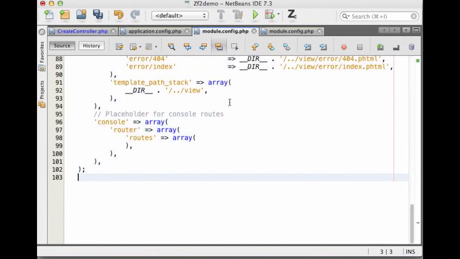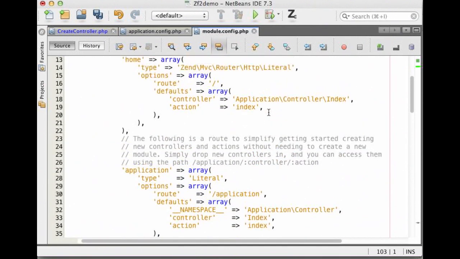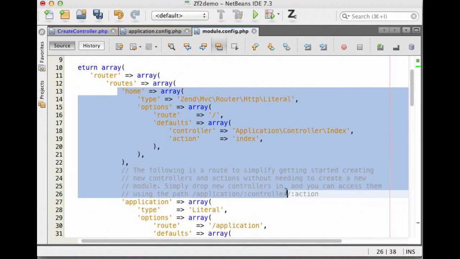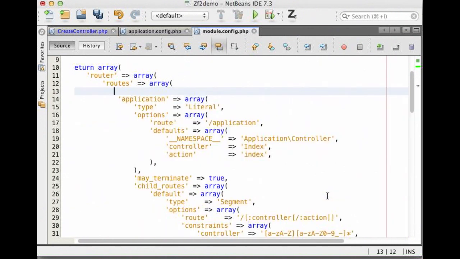Once we have copied this, we just need to take care of three things. I don't want this, just delete this out. Instead of application, let's put